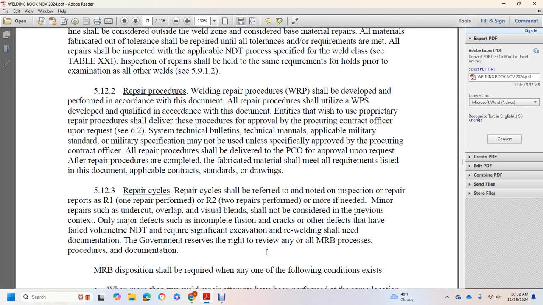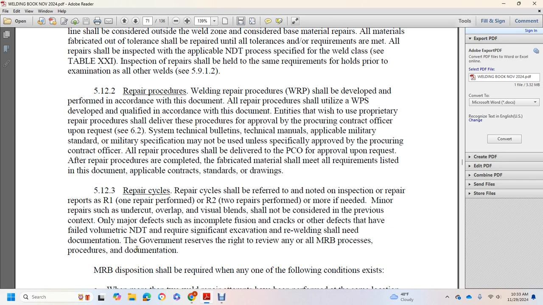Minor repairs such as undercut, overlap, and visual defects shall not be considered in the previous context for major defects: incomplete fusion, cracks, and other defects that have failed volumetric nondestructive testing, which require significant excavation. Rewelding shall be done with documentation. The Government reserves the right to review any of the